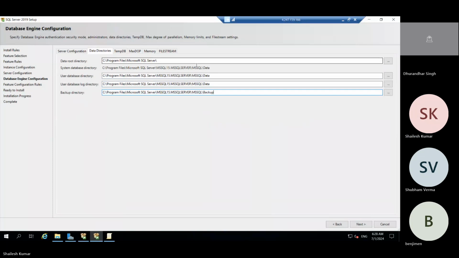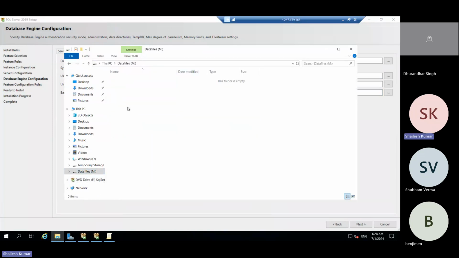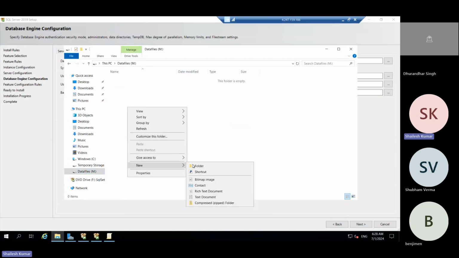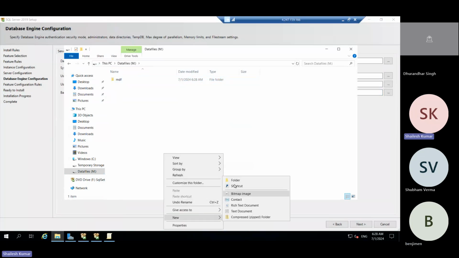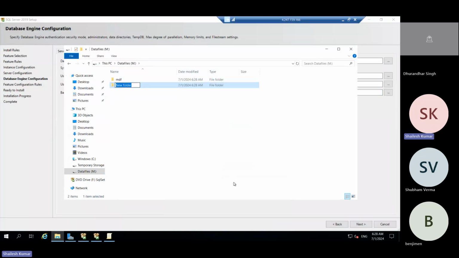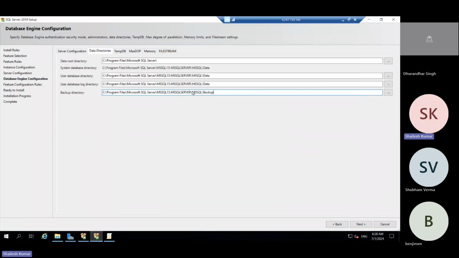We can create those also. Now we have only the D drive here. On the D drive we are going to create one folder for MDF, and a second one for LDF. The rest is default.